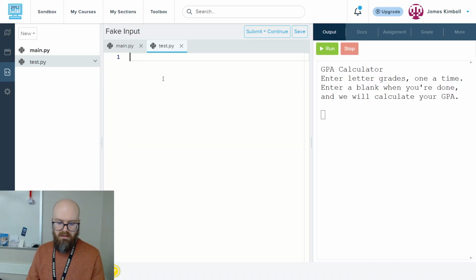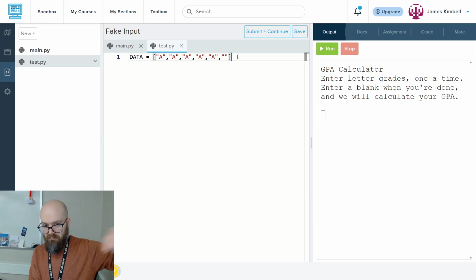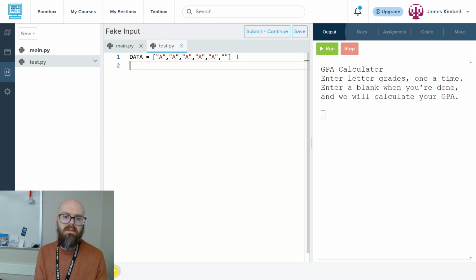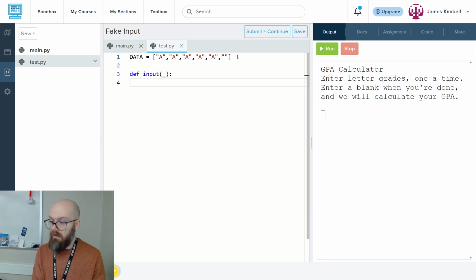So let's say test.py, and let's say just data. Let's say I wanted to do the simplest possible test of maybe 5 A's and a blank, right? You've got to make sure you put the blank at the end to play out what it would be, okay? And then I'm going to go def input, and it has to take a parameter because we have this prompt. Even if we don't use it, it has to just swallow it, okay? And then I could go value equals data.pop, because that would change the list and see if we get